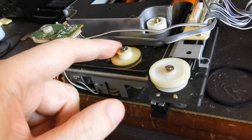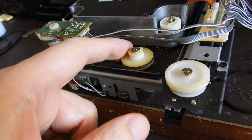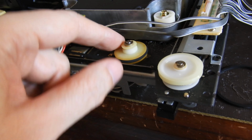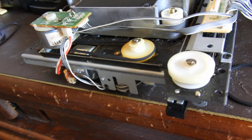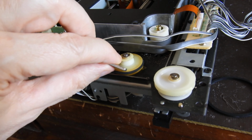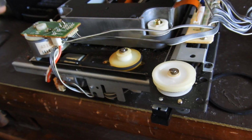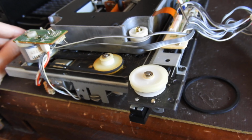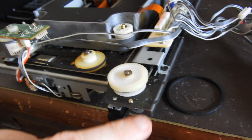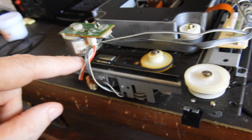And then, in recent times, maybe it's due to age, this pulley very often gets seized up, so you have to remove it, and a good hack there is to have a hard drive magnet right next to it, so when you flick that C-clip with the screwdriver, it doesn't fly off into the sunset. So I've done it all, cleaned the grooves in the pulleys